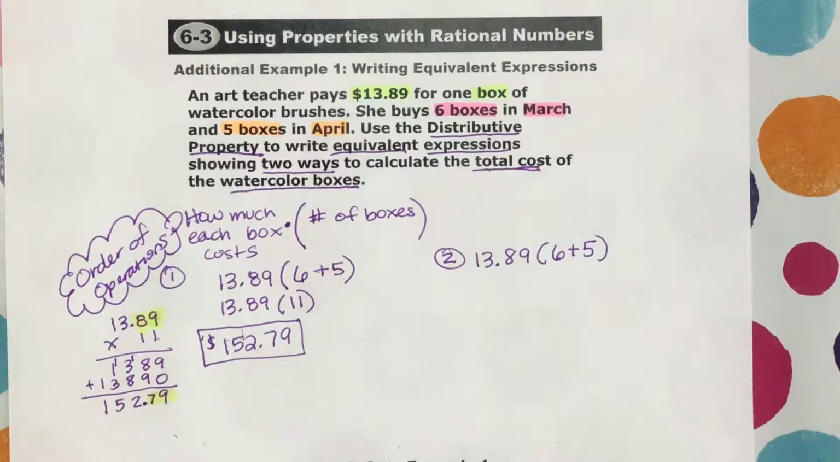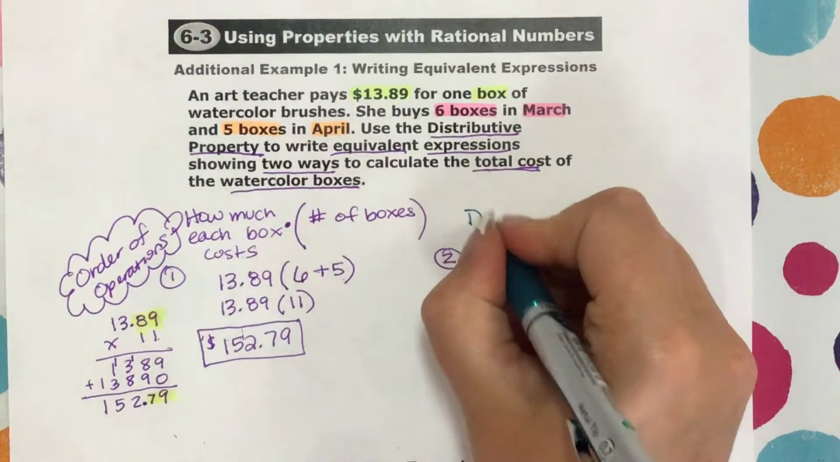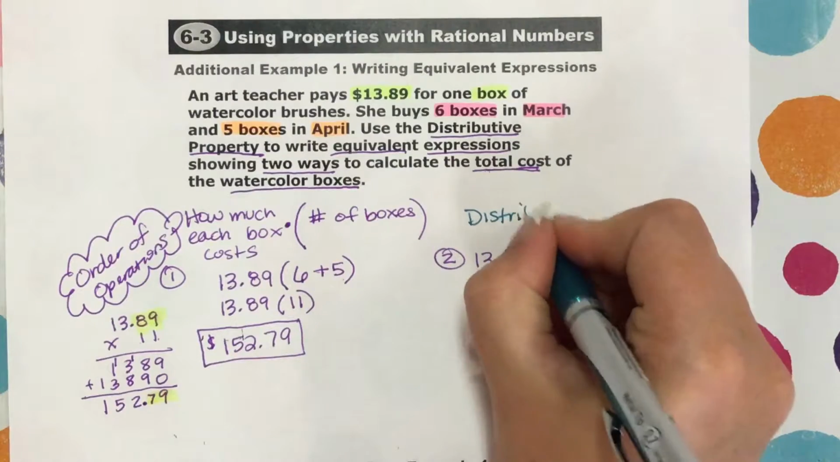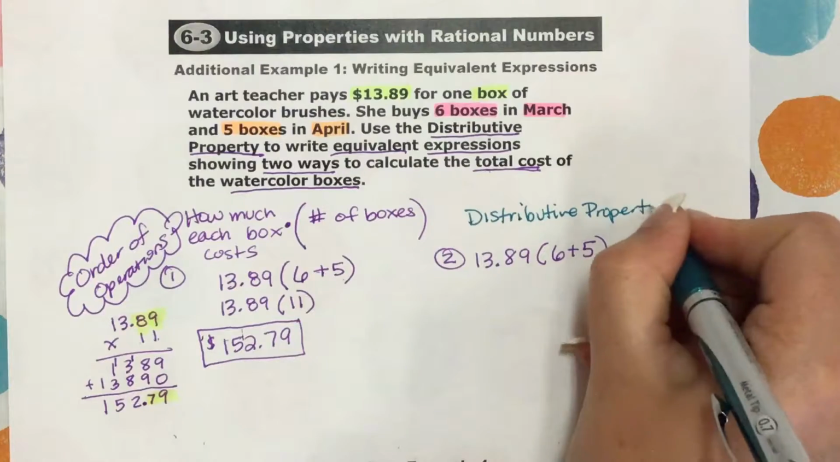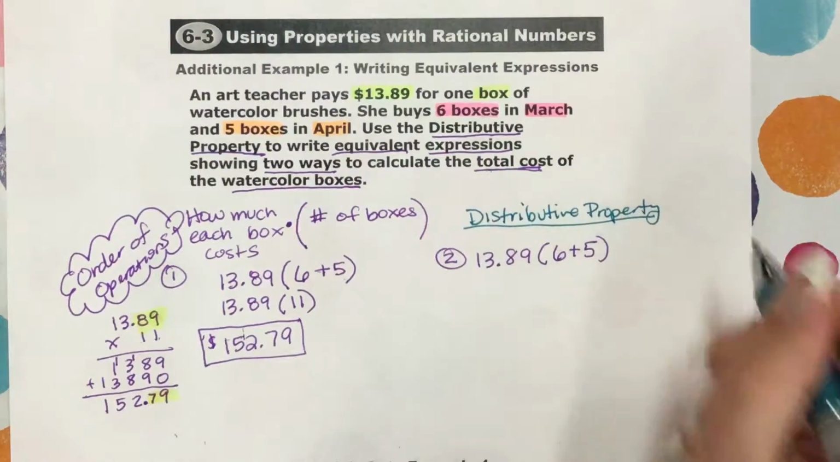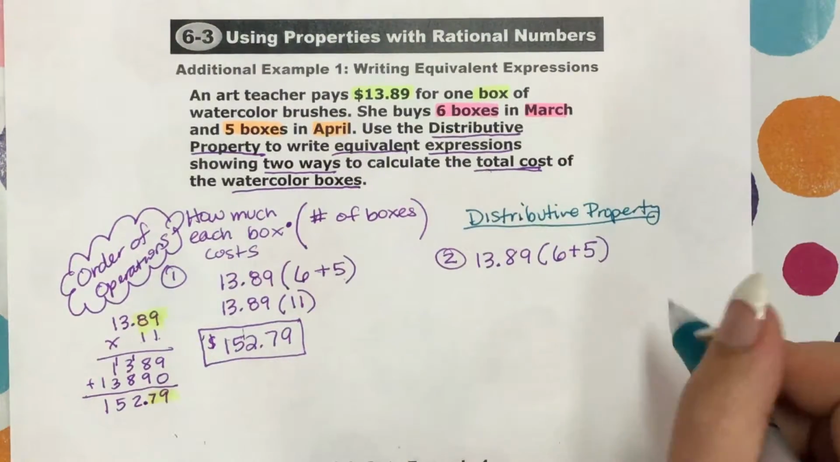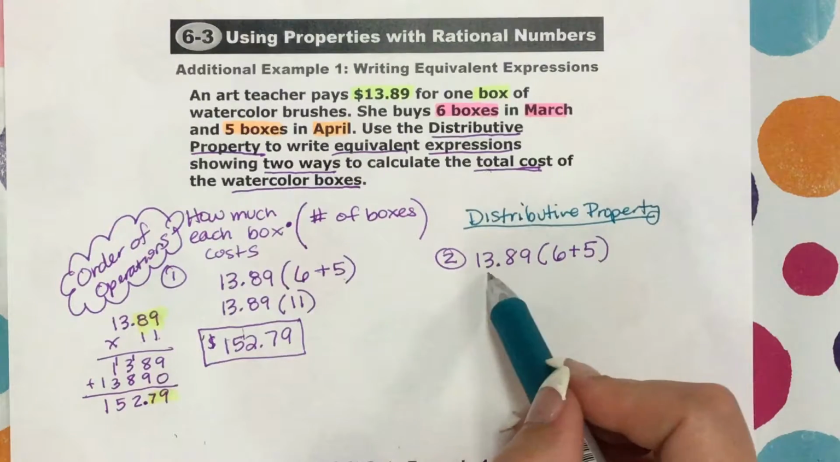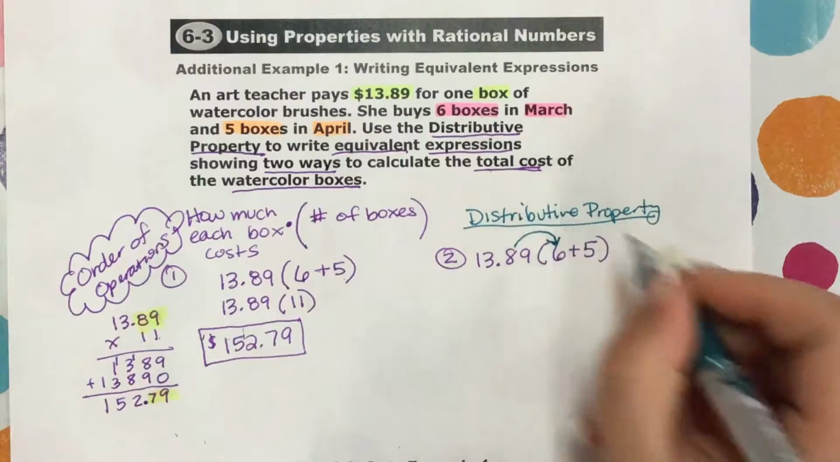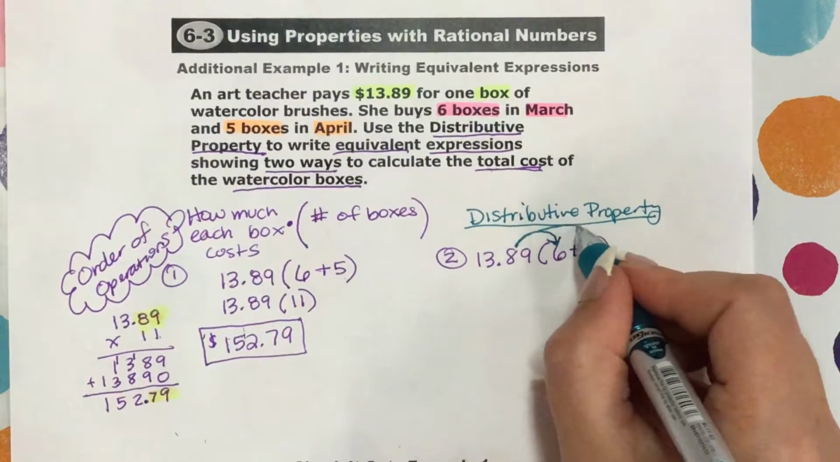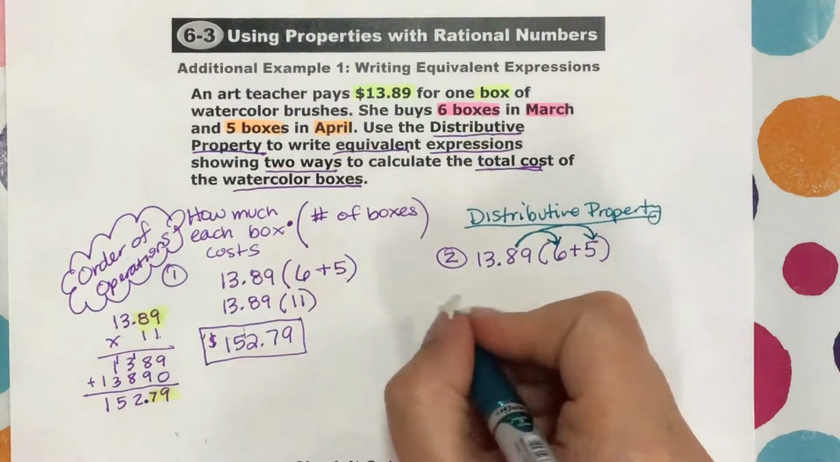The second way we're going to do it is using the distributive property. And on your homework, you're going to have to do it both ways. So the distributive property, we have these parentheses, we have a number on the outside. We're going to take this number and multiply it by the 6, and then we're going to take the same number and multiply it by the positive 5. So we're going to have